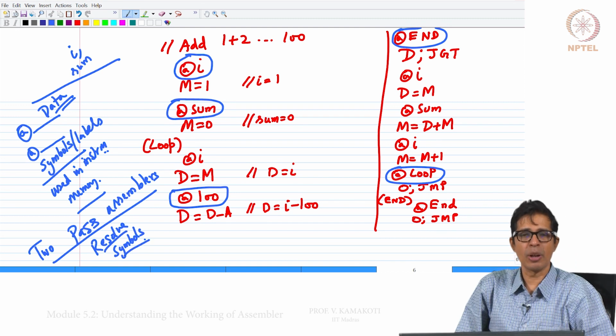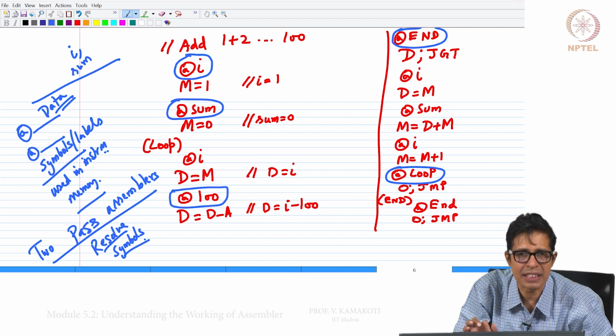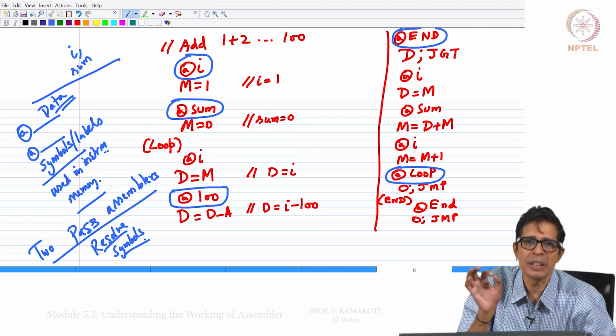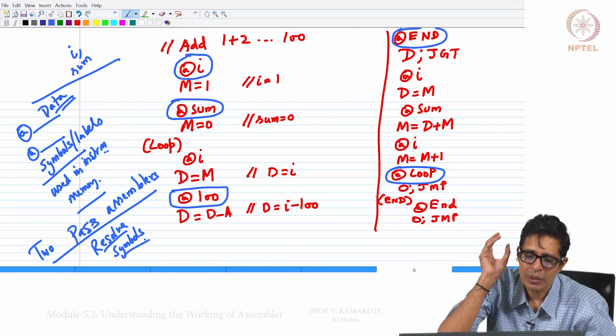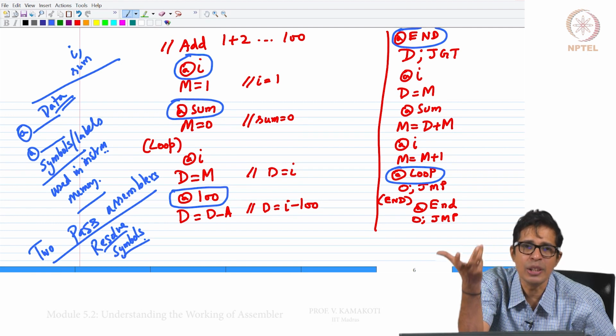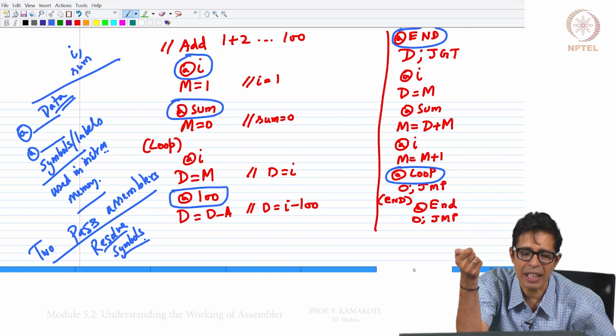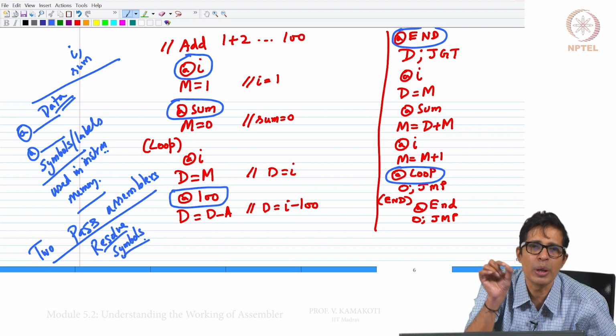What do you mean by resolving symbols? For every symbol that is following an at instruction here, I need to replace it with a 15-bit binary. That means I need to have a constant value assigned to every such label that is following an at instruction.